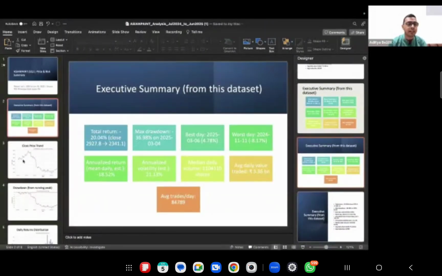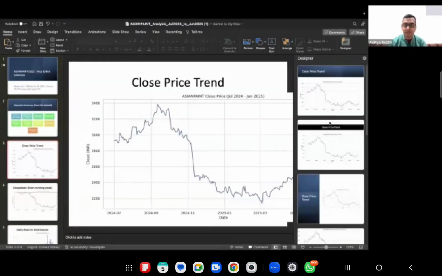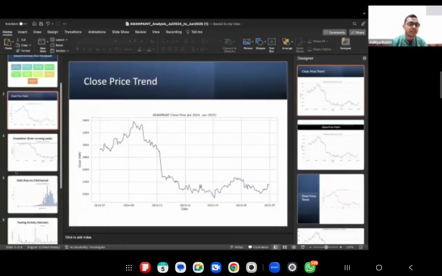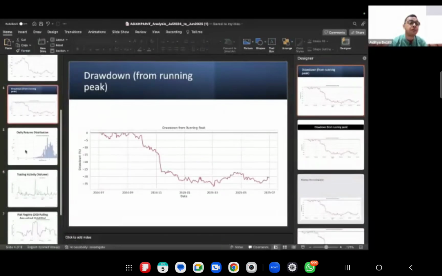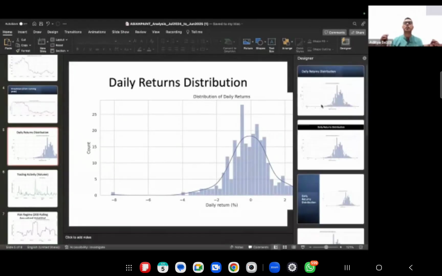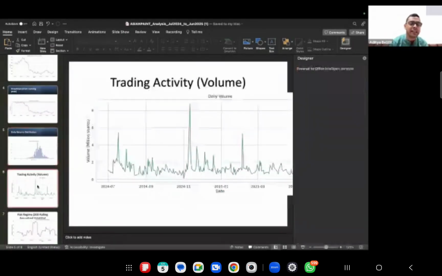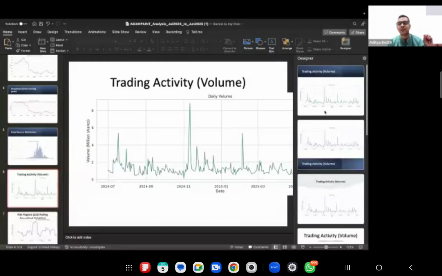So I can go ahead and choose something like this. Again, if I click on the third slide, I can go ahead and click on something like this. Go to the fourth slide, go ahead and again click on a design option, which it is automatically suggesting. How is it automatically suggesting? Because of the AI it is using, we are being able to do all of this.